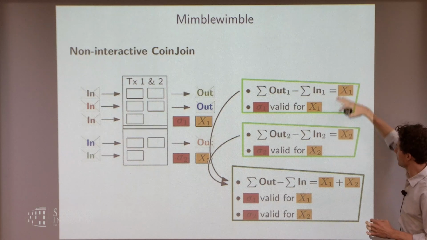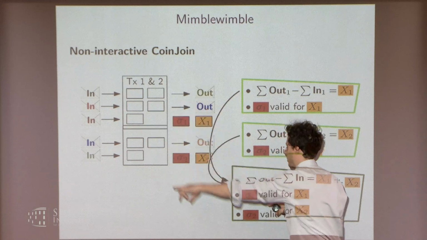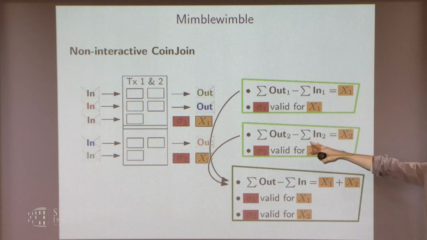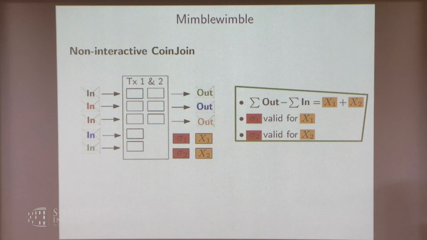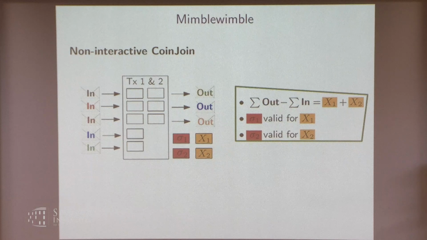Basically, you can sum these two equations, so you get the sum of the joint outputs minus the sum of the joint inputs equals the sum of these single differences. That's basically a non-interactive version of coin join, because it can be done a posteriori and not while the users that create the transaction are present. So we get a new transaction which has again a similar condition for being valid, but now the magical part